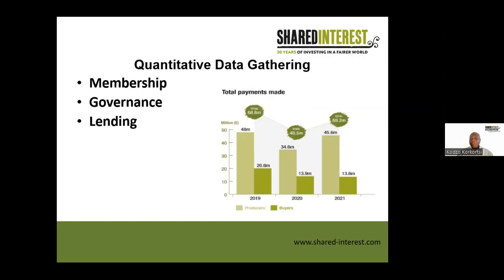We also look at our lending, which is our core activity as a business or as an organization. So we look at the total number of payments we have made in each of the regions. We look at the number of customers that we have been able to reach out during the year. We look at the total amount of money that has been disbursed to those customers, the number of countries in which those customers are based, the total number of producers that we've been able to provide finance to during the year. So we look at all these data and we gather them throughout the year to inform the construction of our social accounts. We also look at our team and volunteers. Do we have new volunteers joining?